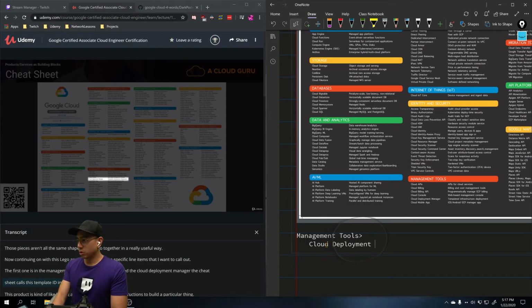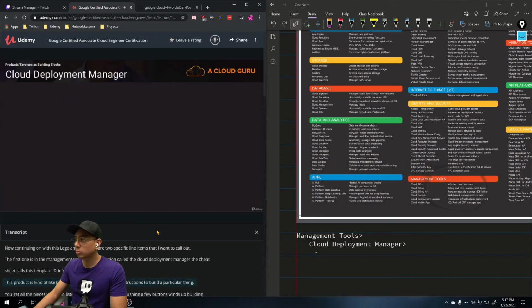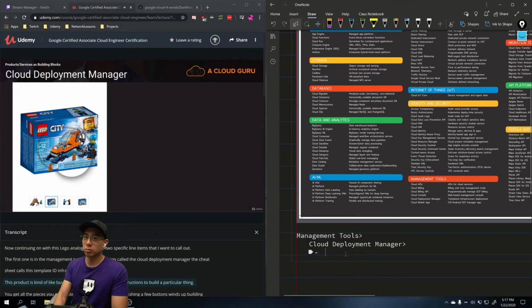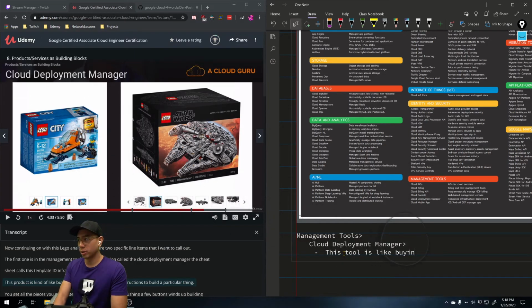Cloud Deployment Manager. What does this mean? Deployment. This product is kind of like buying a box of Lego pieces with instructions to build a particular thing. It's like buying a set to build a particular thing,